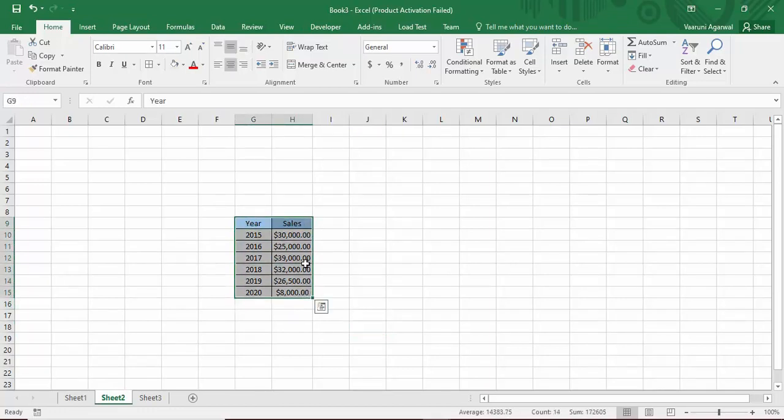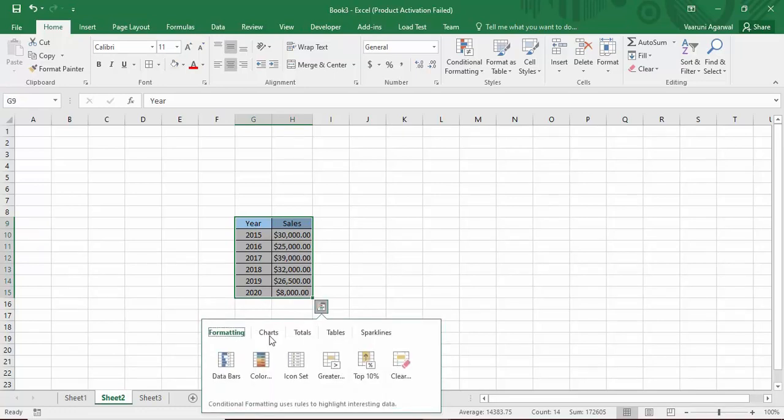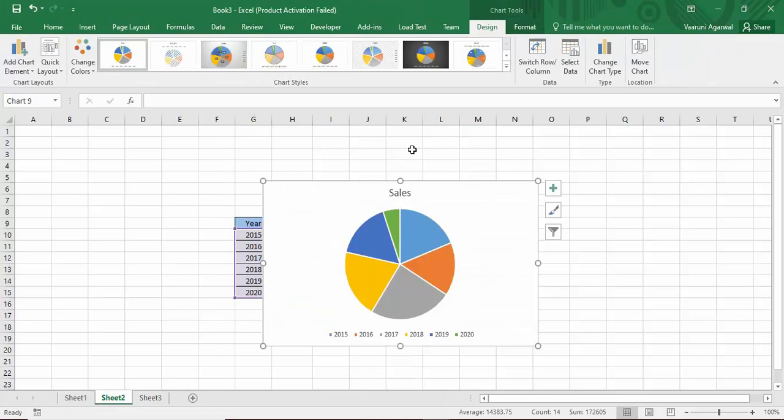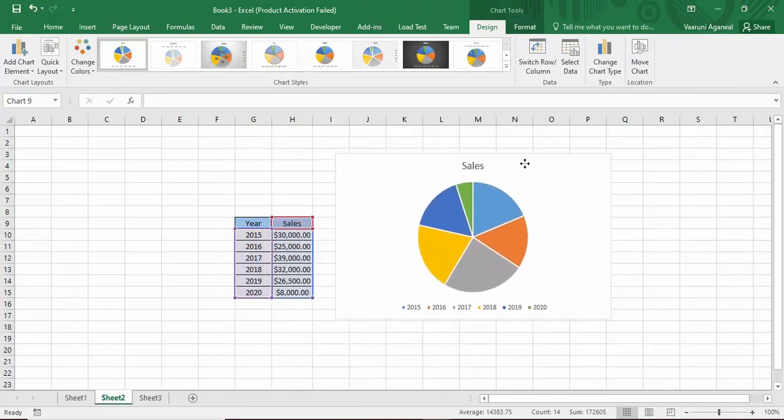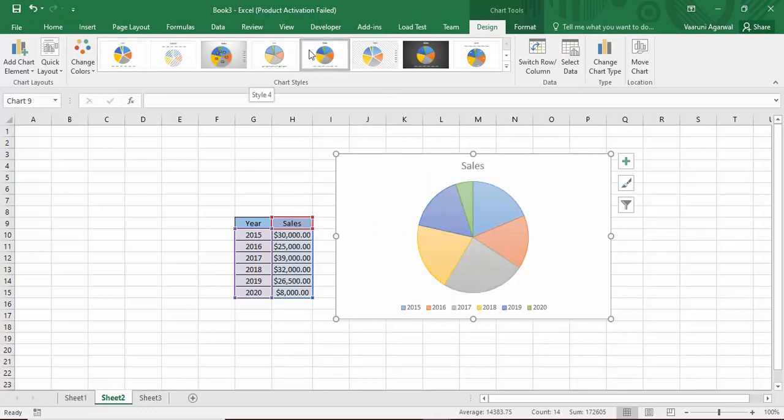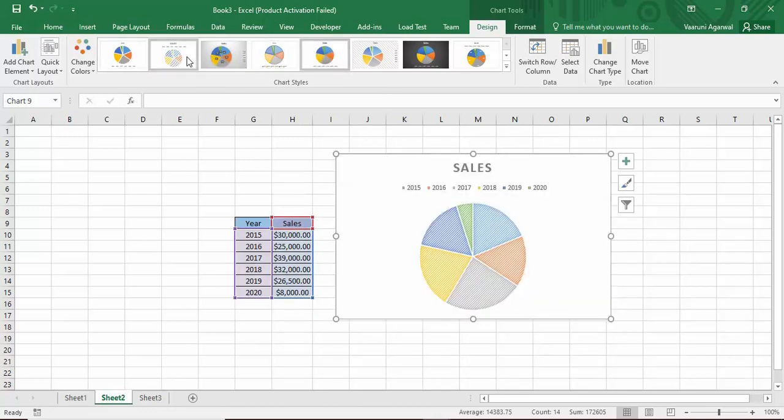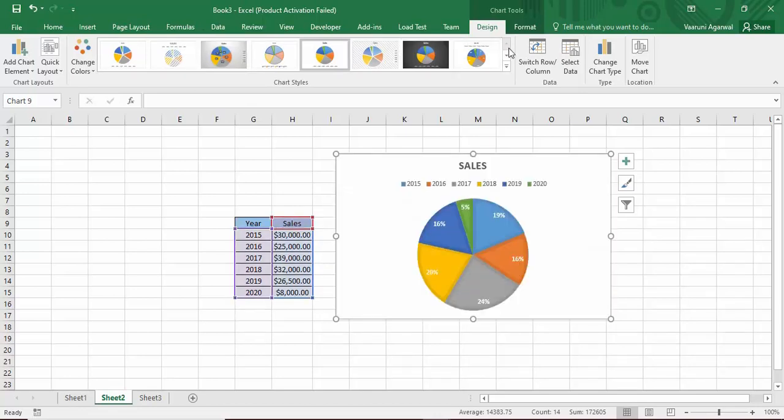You have to select this whole data and press Ctrl Q as the shortcut. Then go to Charts and you can create a pie chart by selecting this pie. Now this is the default type of pie that would be shown in front of you. If you want to customize it, you can customize it as per your choice to anything that you like. So this is the type that I'm going to go with.